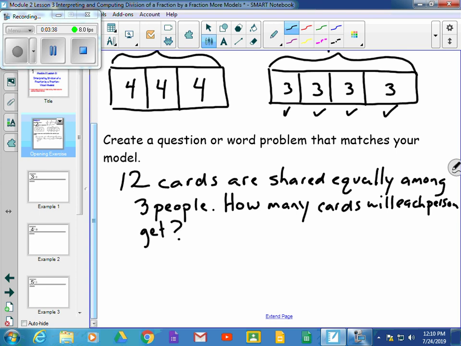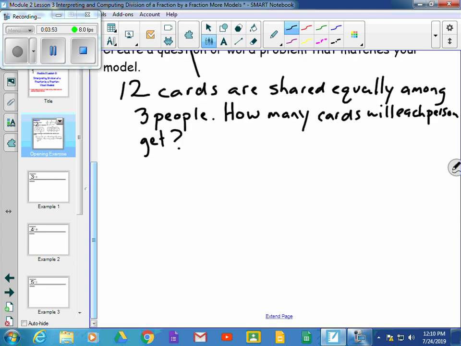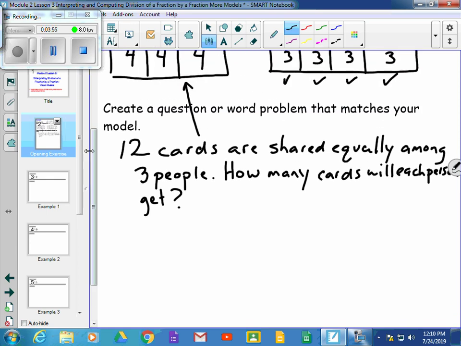Which of those models that we drew up there goes along with that word problem? It'd be that one right there. You have 12 total, split among 3 people. How many will each person get? They get 4. If I wanted to write a word problem for the second one, I could say